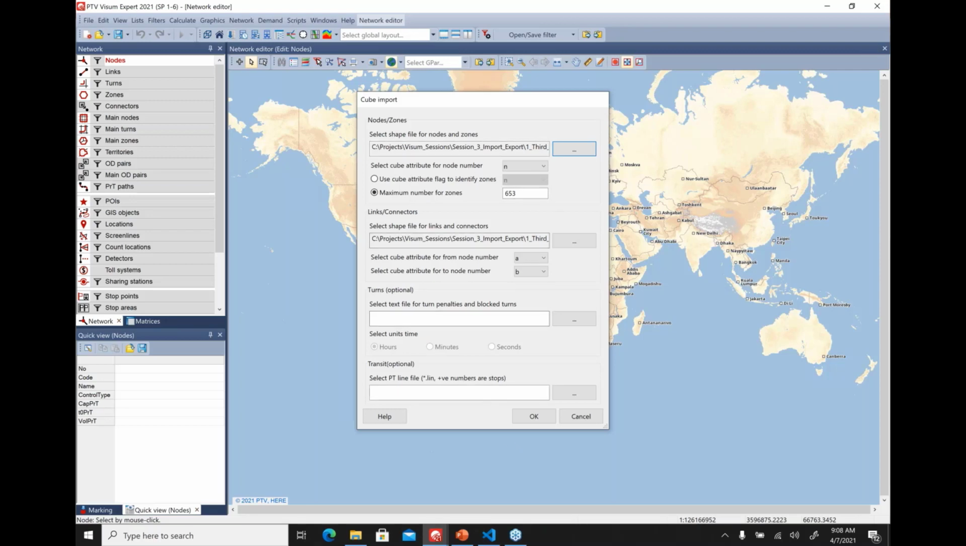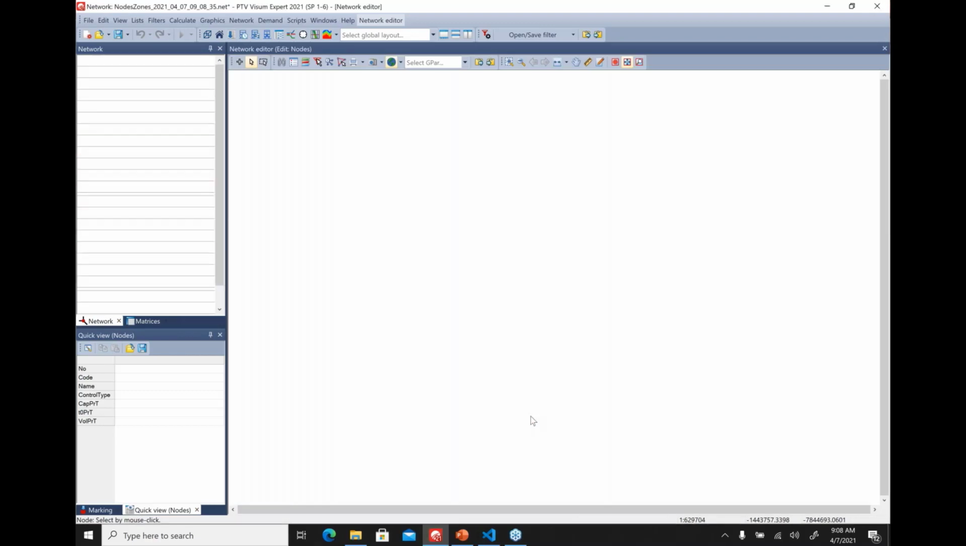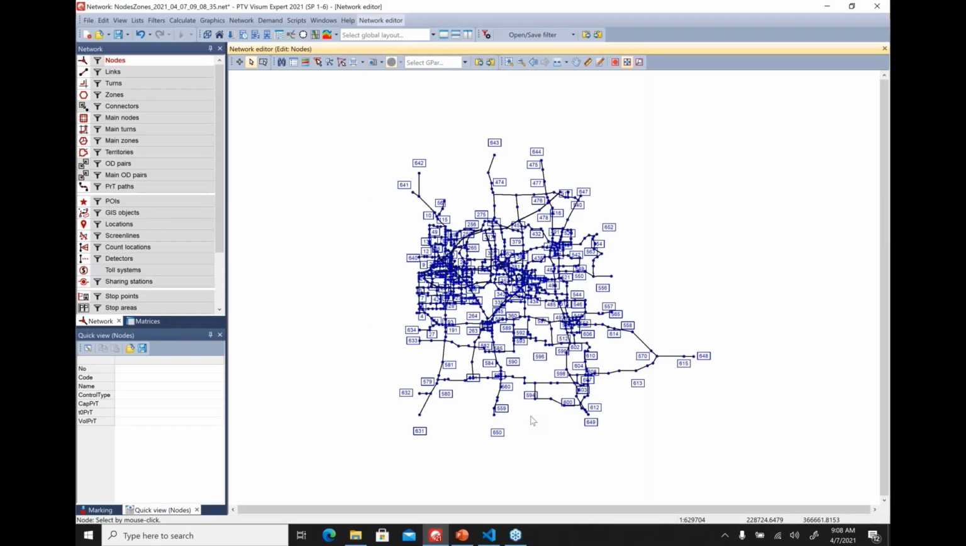So with this setting, we just click OK, and the importer churns through all of the data in those shape files and processes it to bring in a Visum network like this. So now you can see all of the nodes and links created over here. Typically, when Cube networks are imported or third-party networks are imported, we'll append an IMPT before the original attribute name